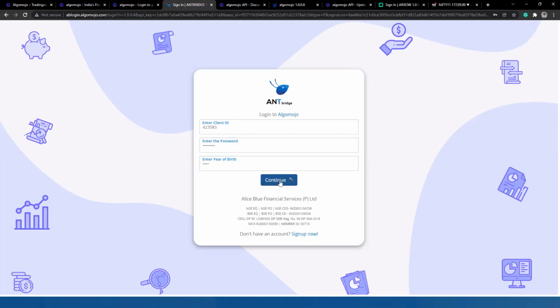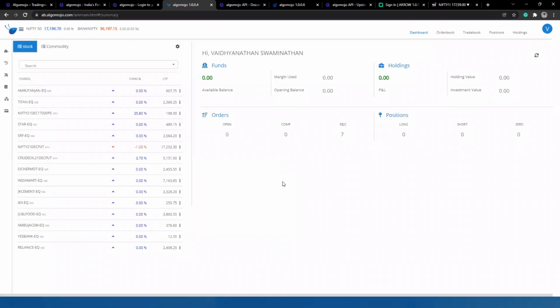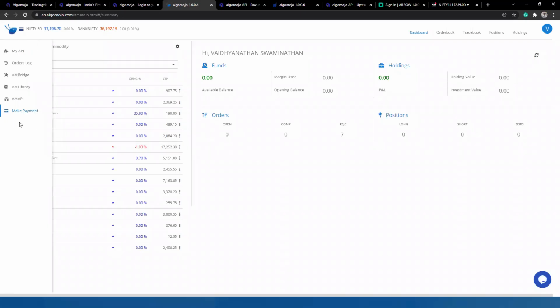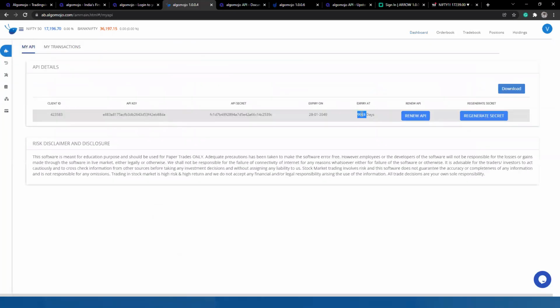Or if you want to access the platform free of cost, you can always open a trading account with any of the brokers and you'll be able to access the platform lifetime free of cost. If you are opening a trading account, you'll get almost 10,000 days of access. Or as I said, if you are a first-time user already having an account with any of the connected brokers, you can directly log in and access it for 7 calendar days, if I'm not wrong.